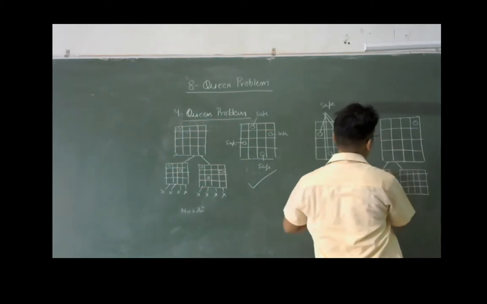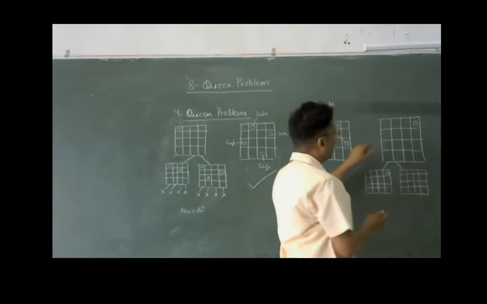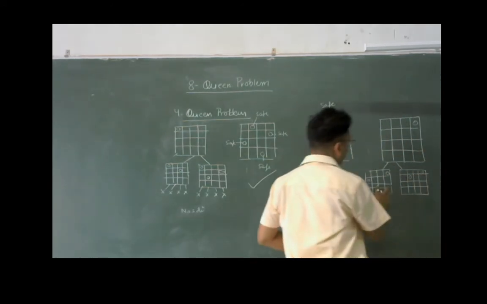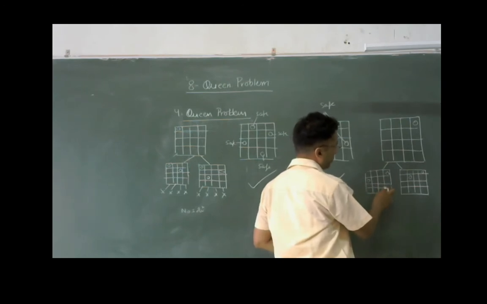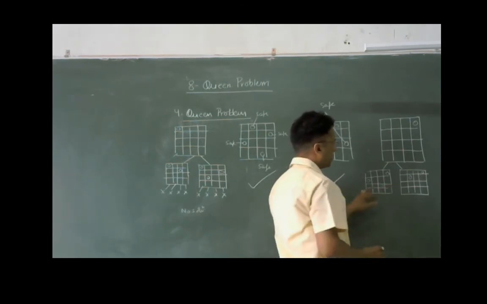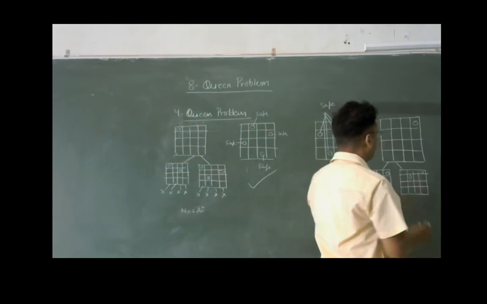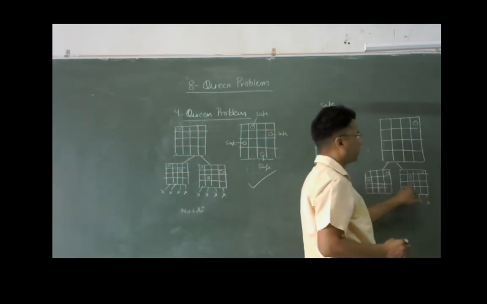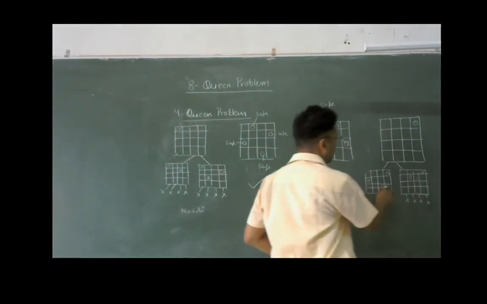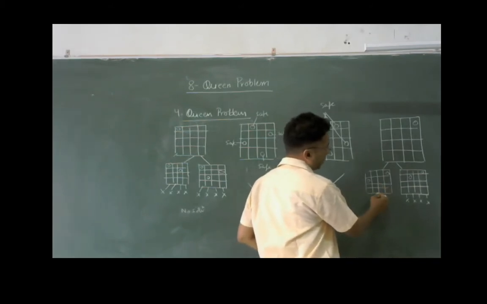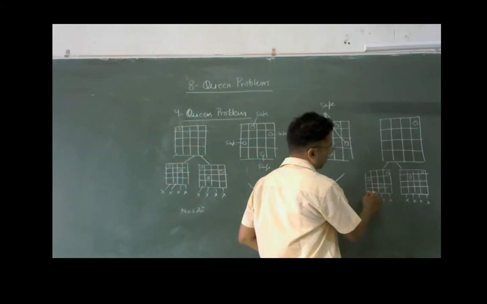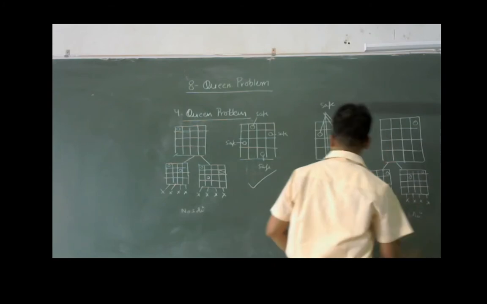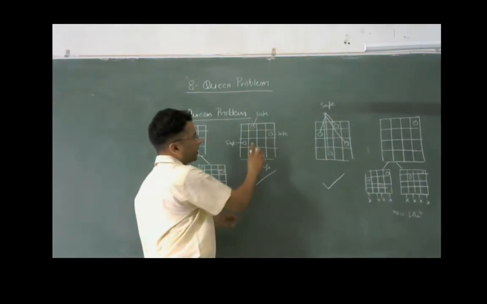It can be placed here. I am marking the symbol like this, or it can be placed here. Now for the third one, we cannot place it here. We can place it here, right? And after that, we cannot place, this has no solution because the third one cannot be placed anywhere. But in this case, we have no solution here, and similarly no solution. So there are two solutions, this one and these are the situations.